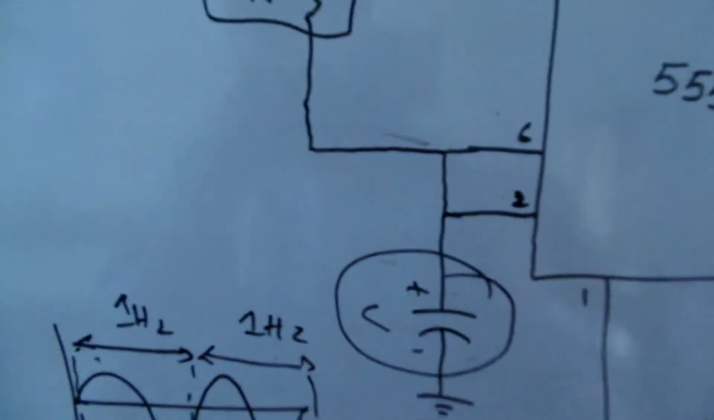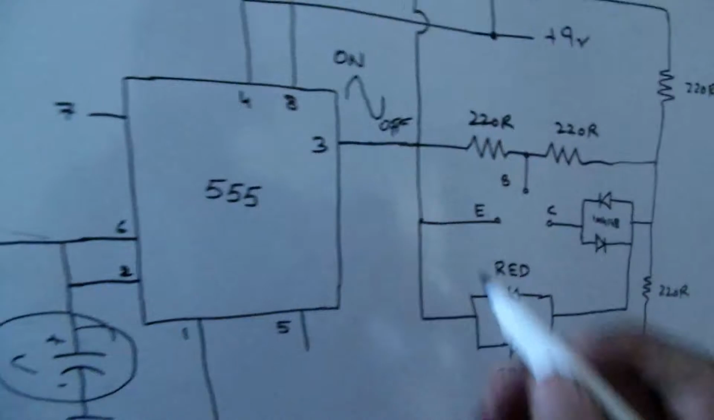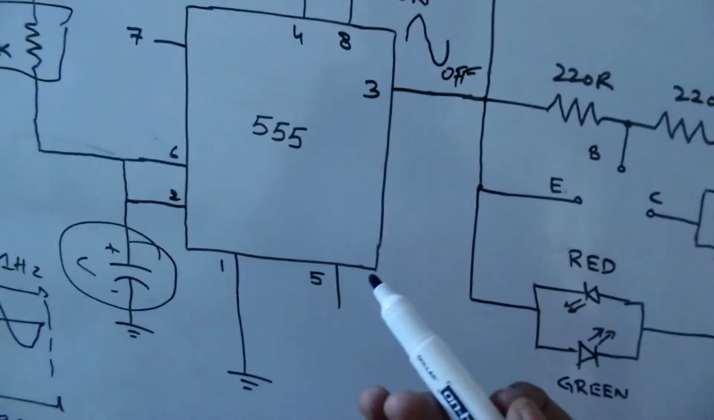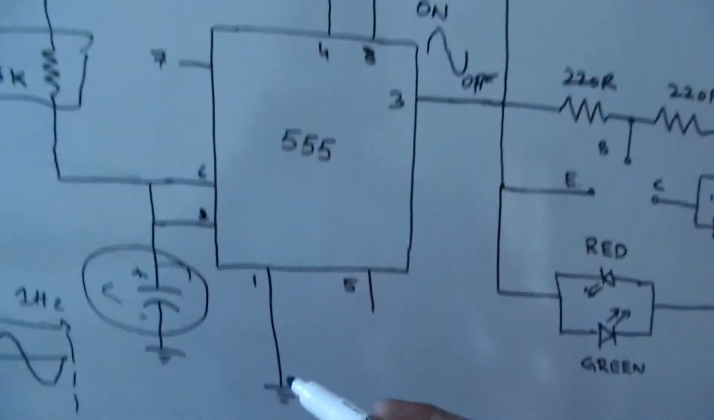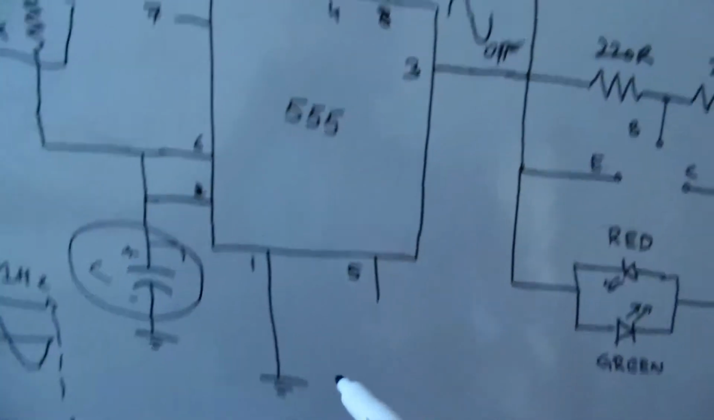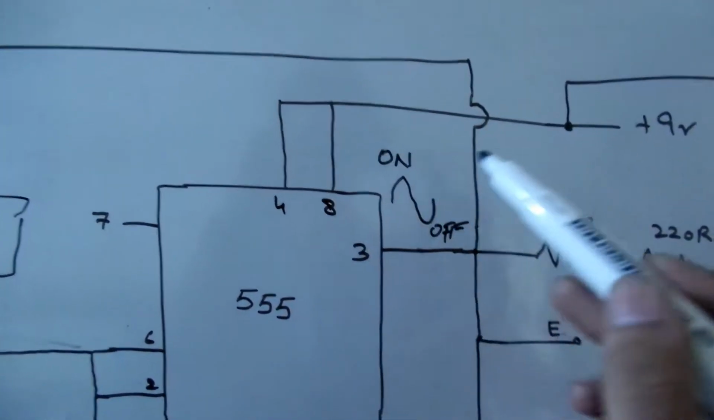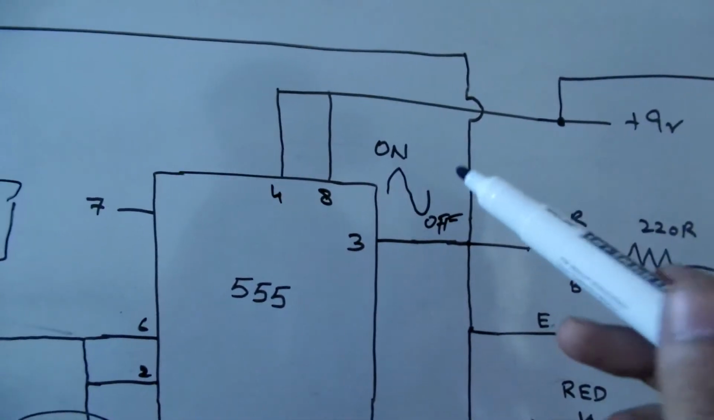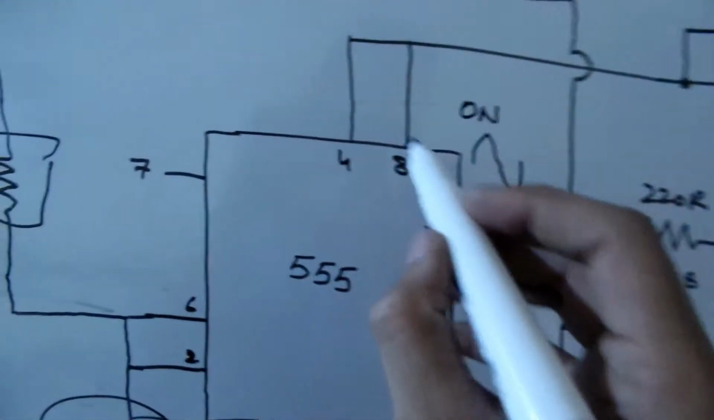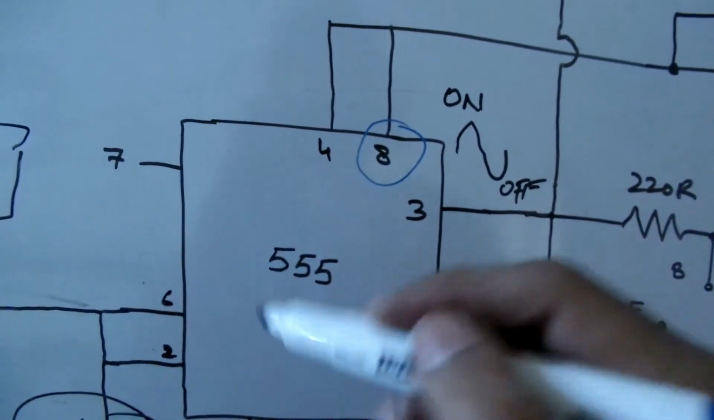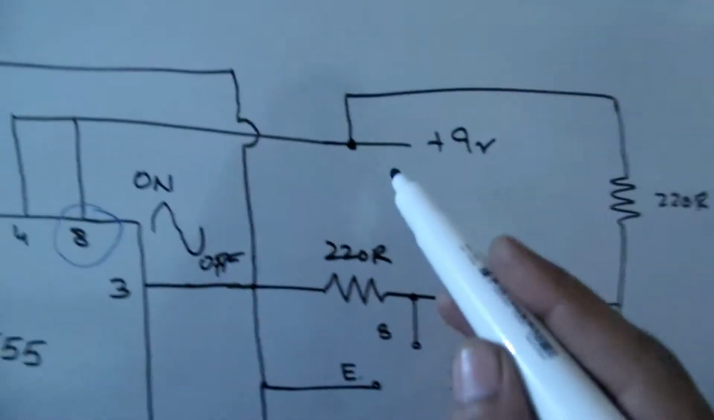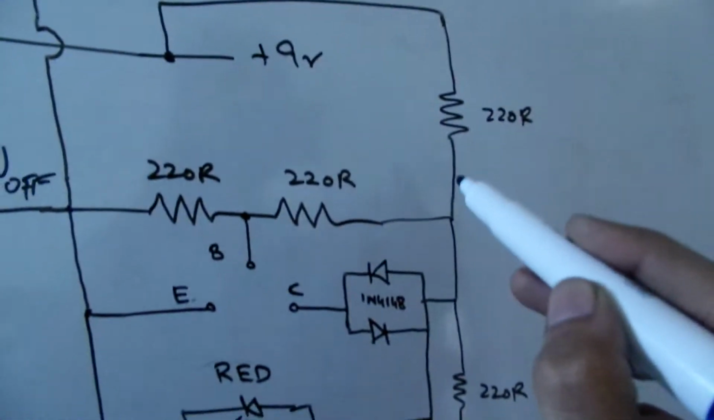Now before we create more mess, I use the color of the marker. Pin number 5 is for voltage control, obviously not necessary, just to make the connection and make it work. Pin number 1 is connected to the ground. Pin number 4 and 8 are obviously used for the voltage. Pin number 8 is the voltage pin, while pin number 4 is the reset pin. So these are connected to 9 volts, and over here